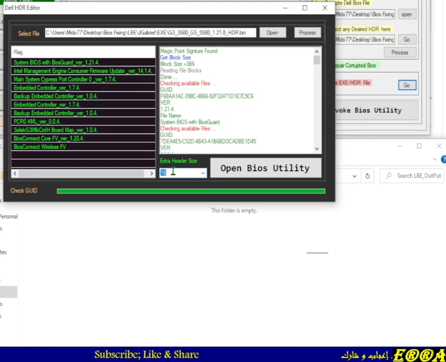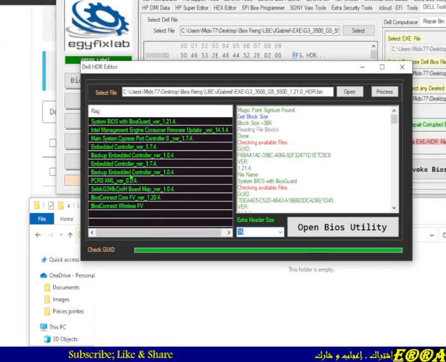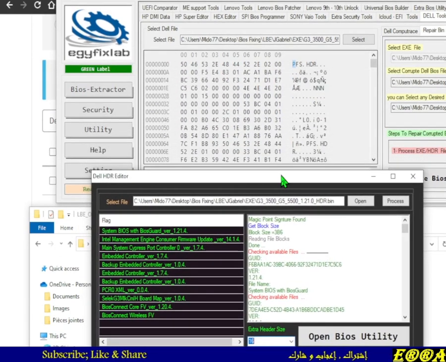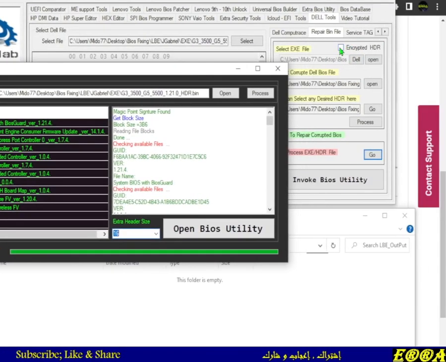If still not getting the right files, then you probably have the HDR file which is encrypted,